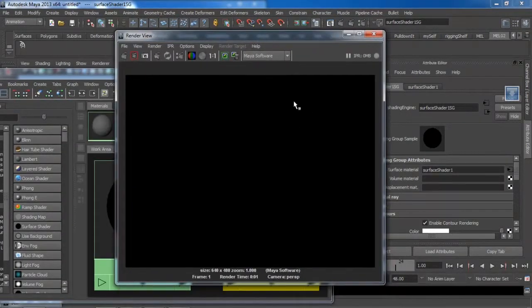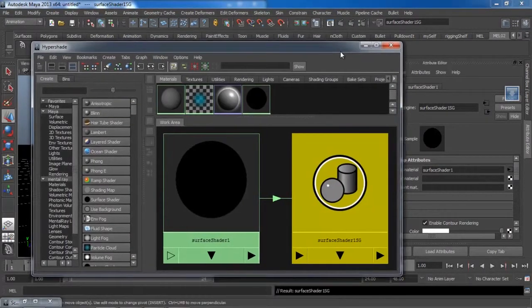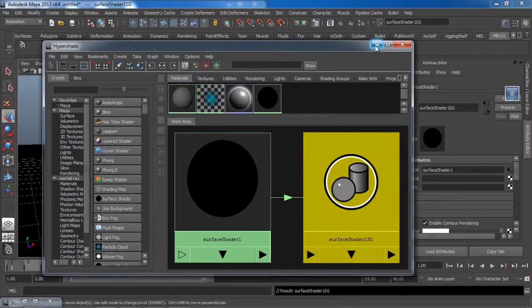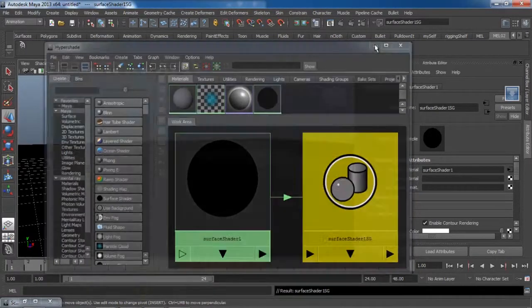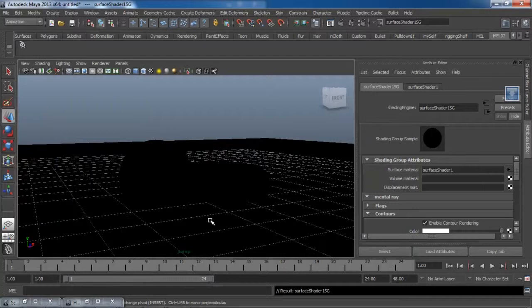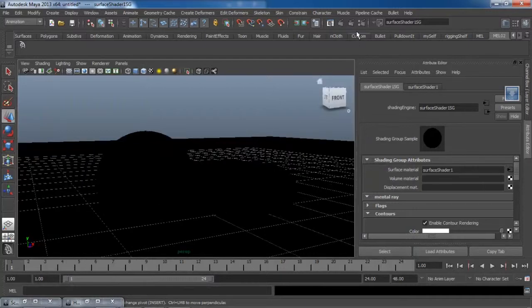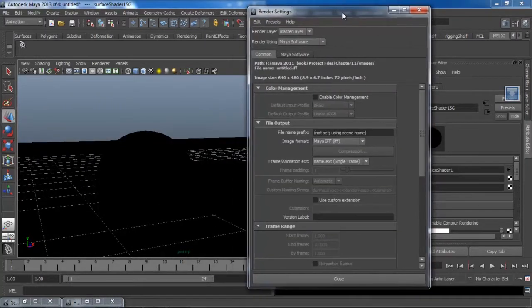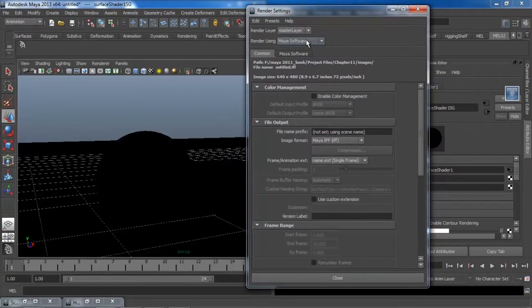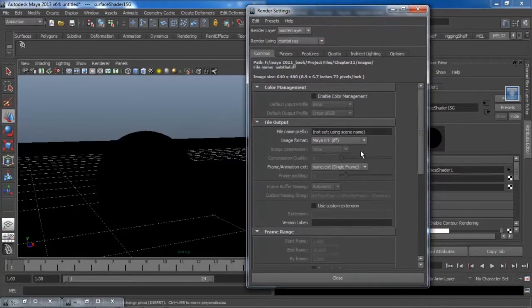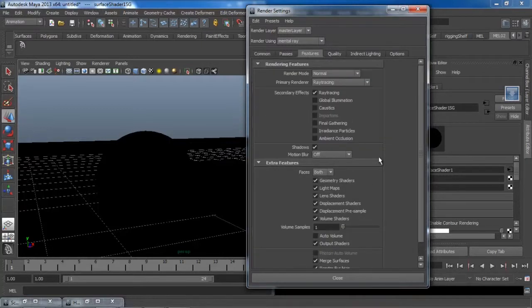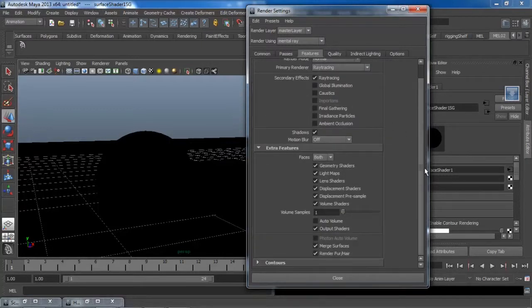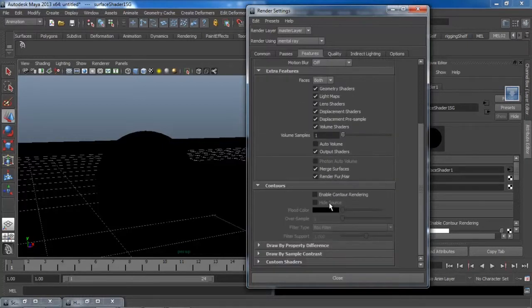Definitely we will not see anything, because for that one more setting has to be enabled. So we'll minimize this and open render settings. In render settings, we'll switch from Maya software to mental ray, and then go in features, and when you go down you see this contours. Click on that and switch on enable contour rendering.